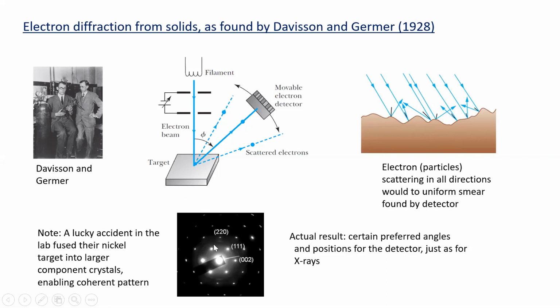So the actual result, once this accident happened and essentially a single crystal was formed of the nickel target, was a pattern that looked a lot like the X-ray diffraction we saw earlier, where there are certain preferred angles and positions for the detectors, just as for X-rays. These numbers here are code referring to the lattice planes, which serve as the scattering for the different X-rays. You don't have to worry about those, but that's part of the system for keeping track of